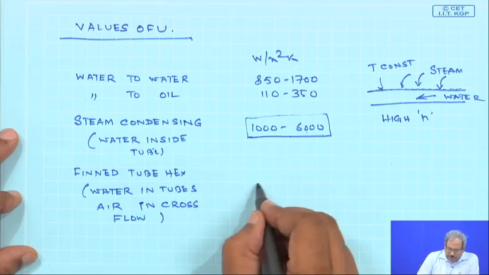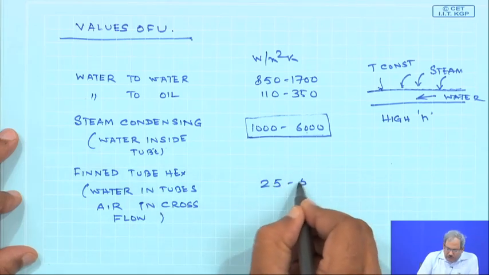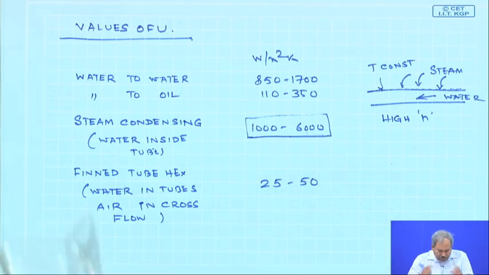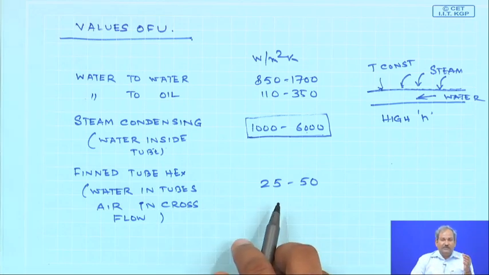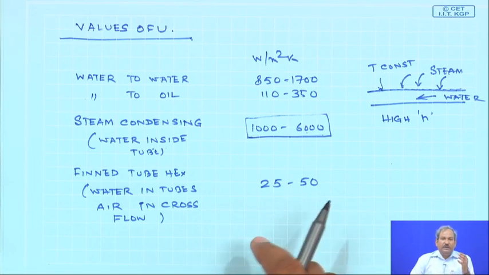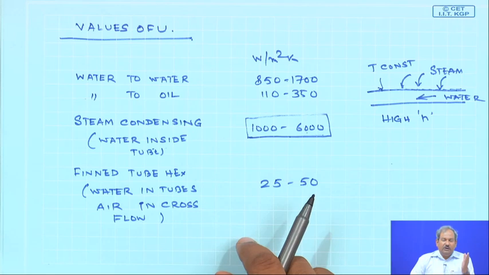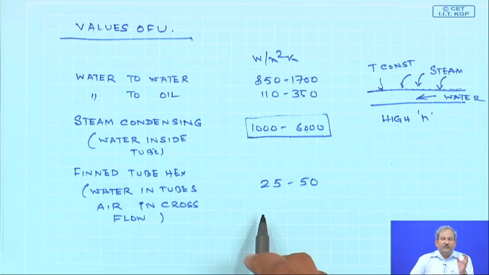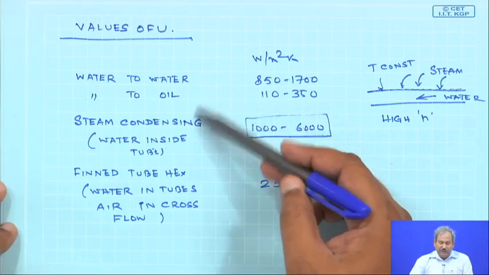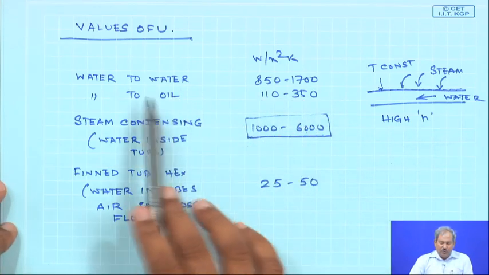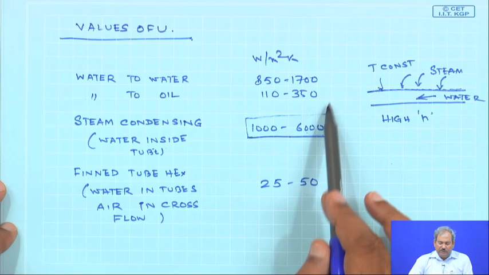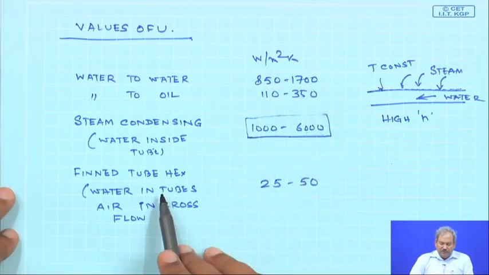So, for that case, it is going to be only 25 to 50. As you can see, whenever you have heat transfer from a liquid to a gas, or in any process which involves heat transfer to a gas, the value of the heat transfer coefficient is going to be significantly smaller than that between liquid to liquid. So, between liquid to liquid, water to oil or water to water is 500 to 1000,